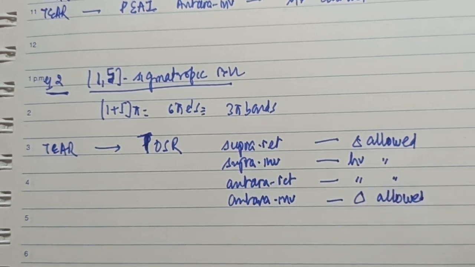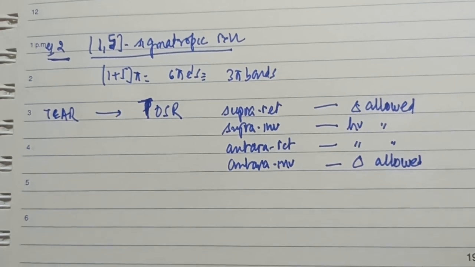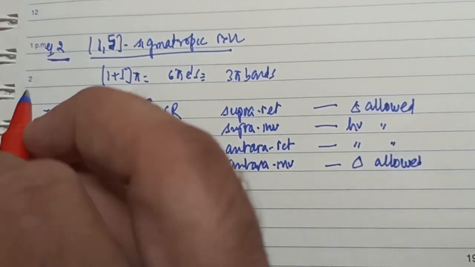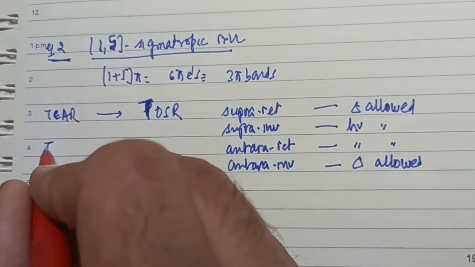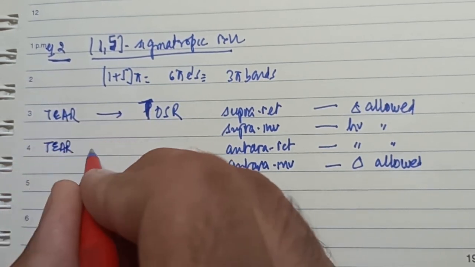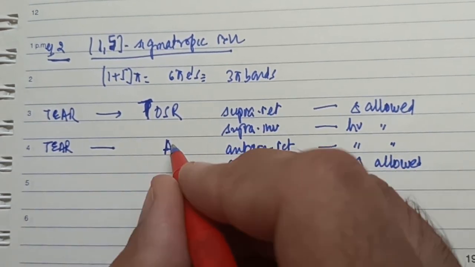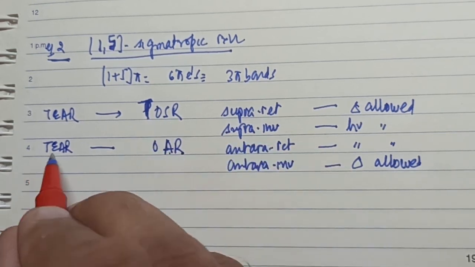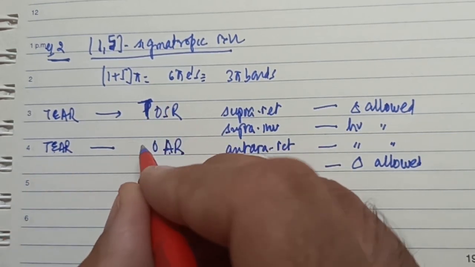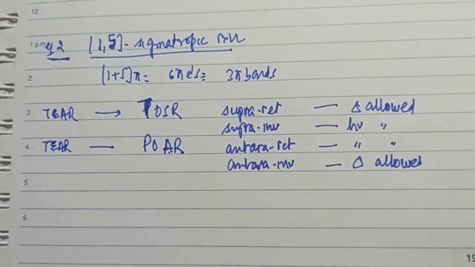This is how we can work out the reaction conditions in the case of 1,5 sigmatropic shift. So it is this easy to work out the reaction conditions considering different examples. Of course, you can use this formula again if you want. Let's say for this one, we use TEAR. I've converted it to Antarafacial retention, and you have odd bonds. Antarafacial retention remains the same, even becomes odd, so one thing has to be changed. This becomes photochemical, and this is the result which we got in the case of sigmatropic reactions.